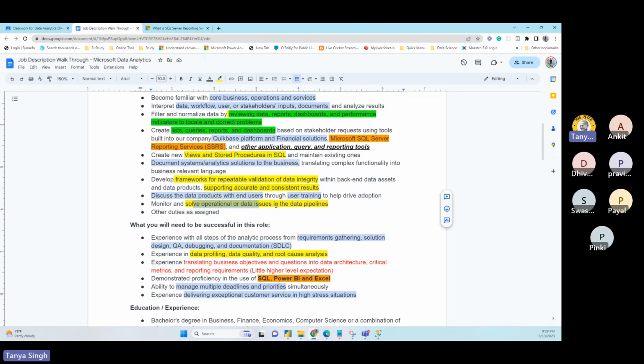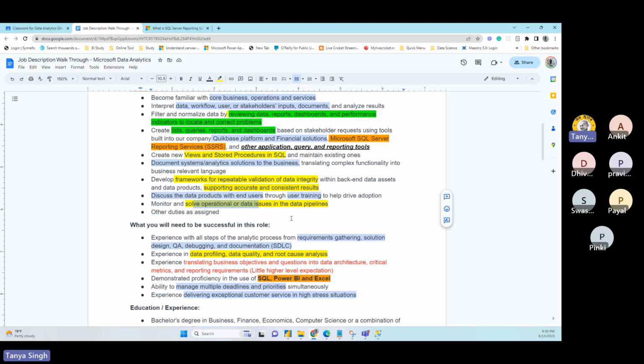99% of the time I have seen that as a data analyst, we are not the people who are going to fix the problem. We can just highlight the problem. Like, if the gender is coming null, we can highlight to the team, "Hey, why is gender coming null? Can you make it mandatory, because it's creating a problem for your report?"